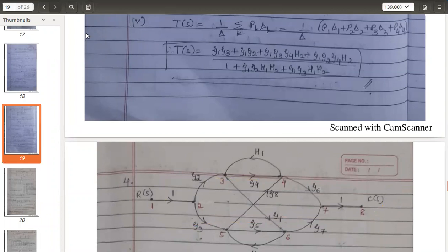I had made one mistake when I gave this problem to you in the previous class. Please rectify that. I had taken this also as G8 when I gave you this problem as a work assignment. You can see there are 2 G8s here. Better to take a different notation. So this is actually G6. This is the rectification of the given question.